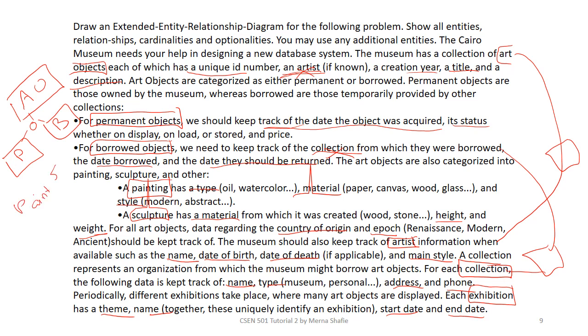وعندي sculpture. دول برضو two different entities that are art objects وهم برضو permanent. احتمال يبقوا permanent واحتمال يبقوا borrowed. ما هو في paintings ممكن تبقى permanent في paintings ممكن تبقى borrowed في sculptures that are permanent في sculptures that are borrowed. طب انا عايزاهم برضو يبقوا art objects وعايزاهم يبقوا تحت permanent و borrowed. طب how can I draw something like that؟ اعمل ايه؟ the simple answer is ان انا اخلي دول sub classes